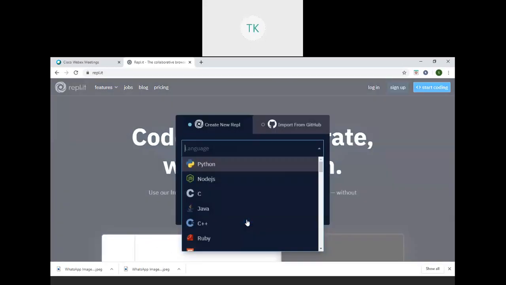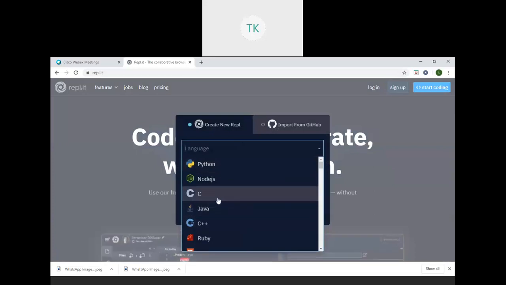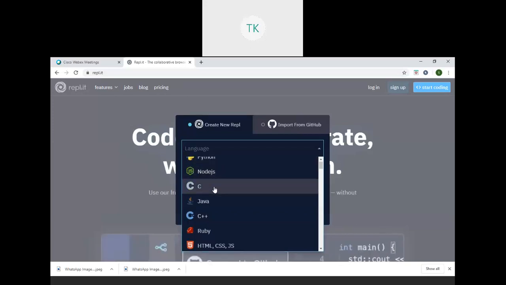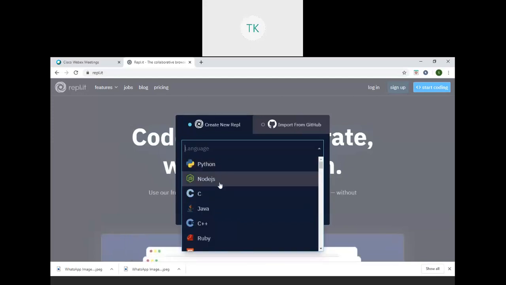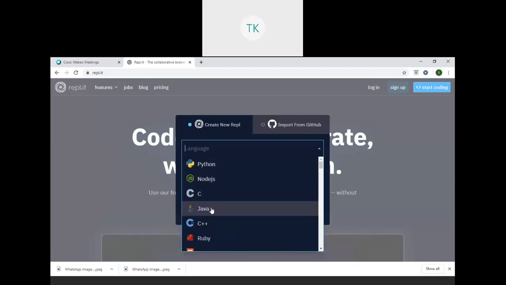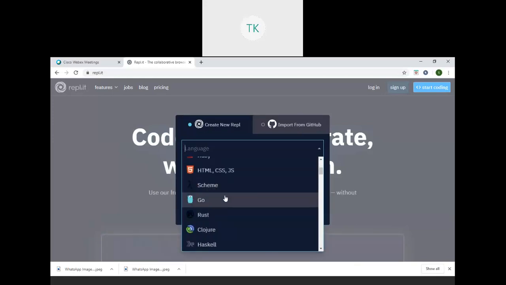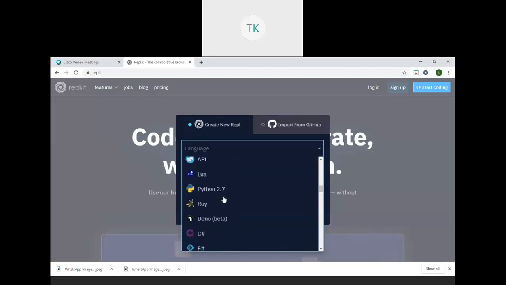Start coding, and you will get a list. Here we would like to execute, so which compiler do we require? It can be Python, or C, or Java, anything. Somewhere you can find BASH.